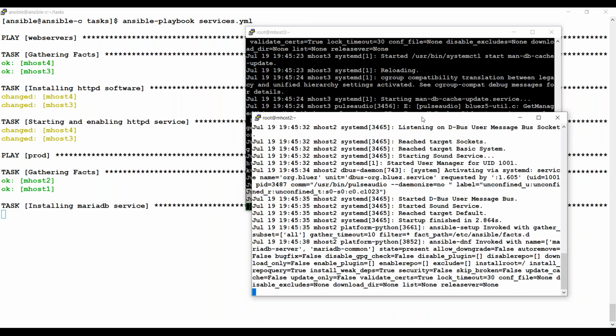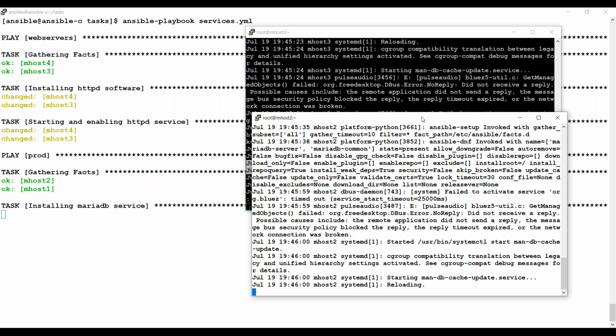Same way, we could have added one more concept like adding some port number in the firewall. We saw an example, guys, in the previous class of how you can add a port into the firewall. So you could have gone with adding that into the firewall. As a third task, after installing the package and starting the services, you might have also added the port in the firewall, right? As soon as you add it into the firewall, it will also be successful. So you see now it's going to